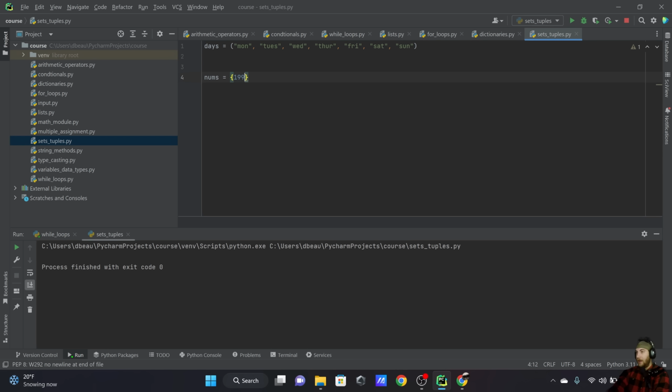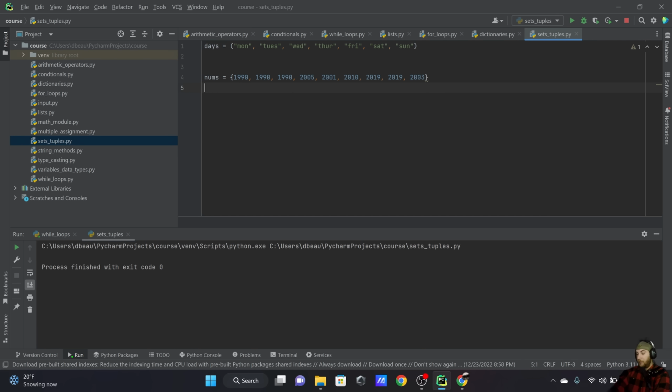So I'm going to put in 1990. These are just going to be numbers. I probably should have named this dates, but no big deal. We'll do 1990 again. Let's do 1990 again. Let's do 2005, 2001, 2010, 2019, let's do 2019 again. And why don't we do 2003. Okay, so I have all of these dates inside of a set,